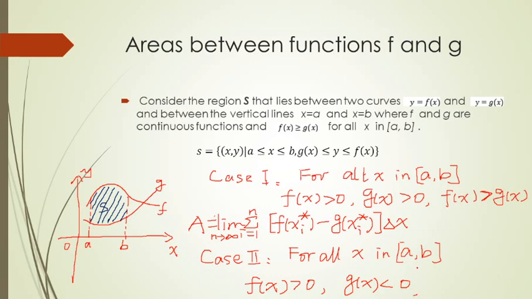One is positive, one is negative. So we still have the area, the region formed between two curves. And again, f should be greater than g, obviously. Okay. Now